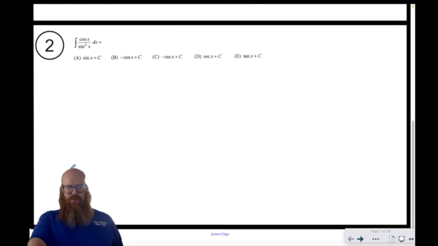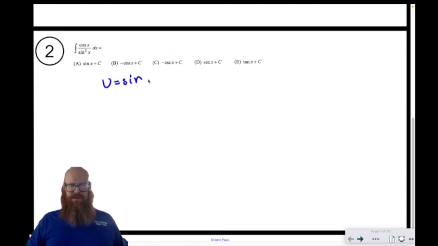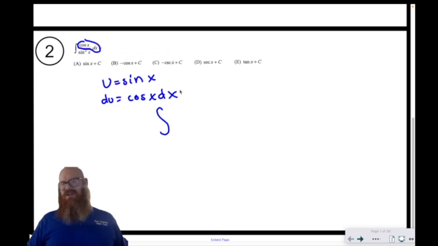All right, now let's move on to number 2. I think in this one I like using U substitution. So I am going to make u sine x, which means du is cosine x dx. Well, this works out perfectly because now I have the integral. This cosine x dx is just right there, so that's du. And then I have du over u squared,